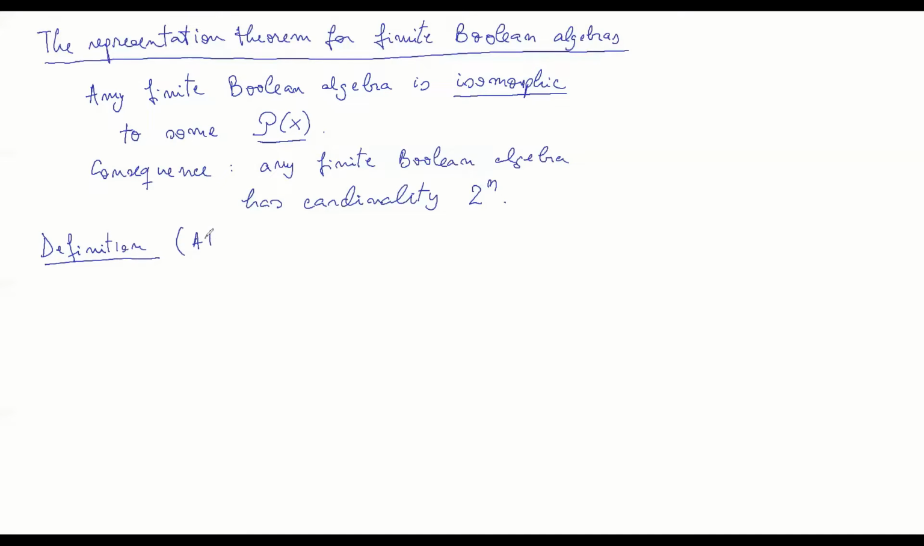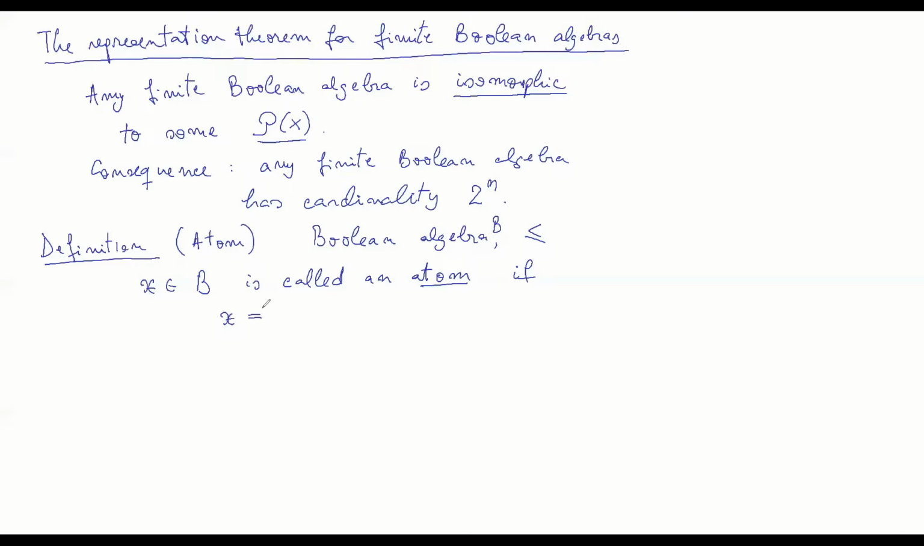So what an atom is in a Boolean algebra. If I have a Boolean algebra and I also have the partial order relationship that we discussed in the previous lecture, defined on this Boolean algebra in the usual way, then we will say that an element X in B, so the Boolean algebra, let's denote this by B. So X in B is called an atom if